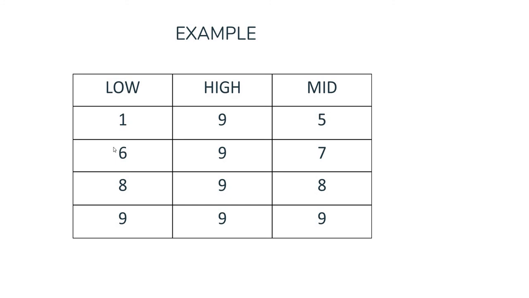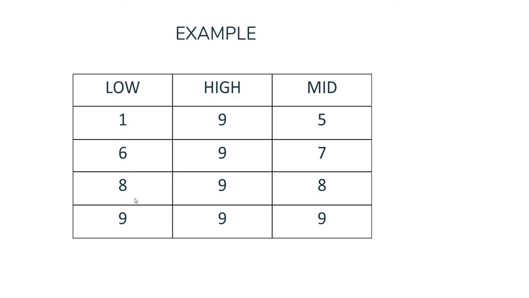Once again we have to check the while condition. While low is less than or equal to high, condition is true. Calculate the mid value. Mid equal to low plus high divided by 2. Here the mid value equal to 7. So the 7 position value is compared with the search key element 101. Here also the search key element is greater than the mid position value. So the search is available only in the right sublist.